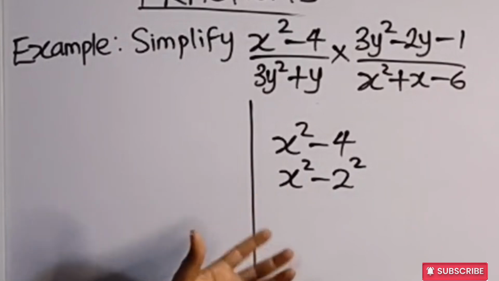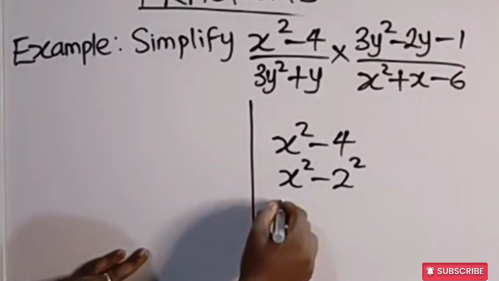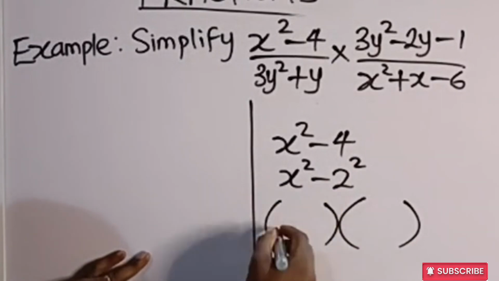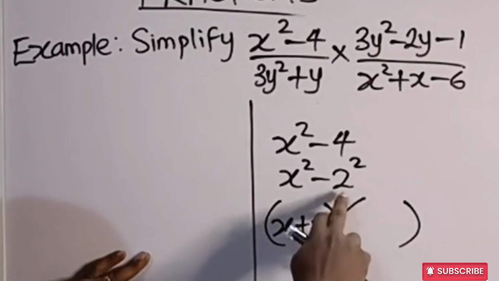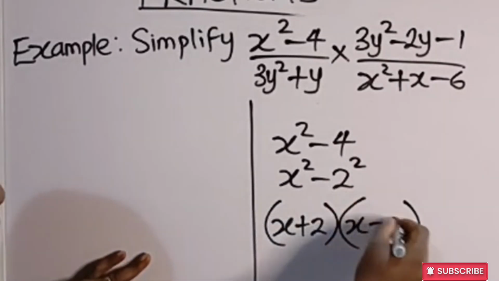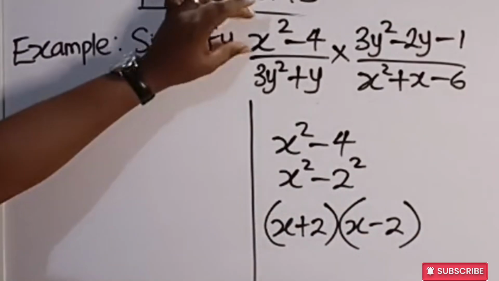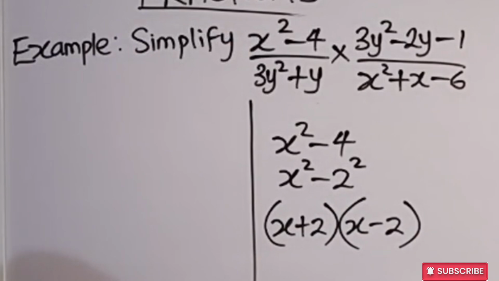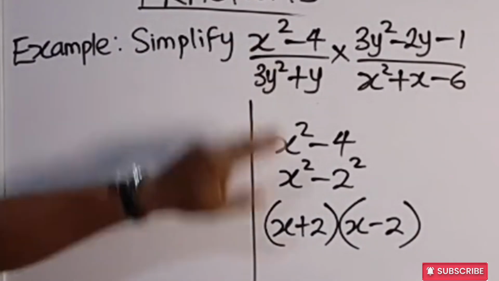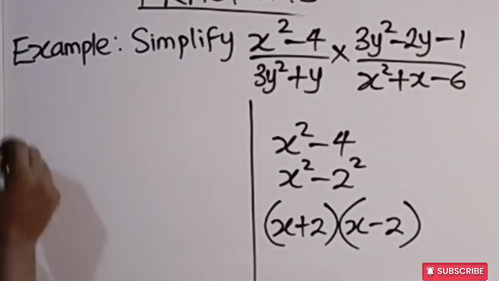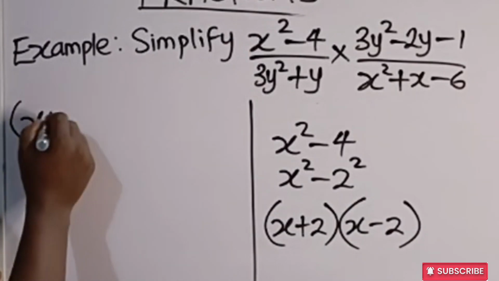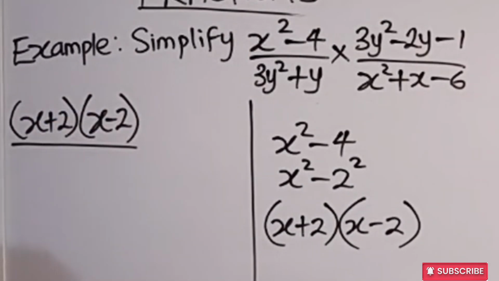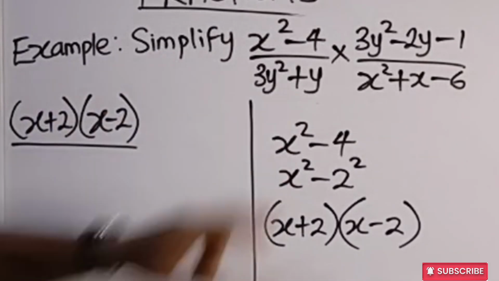Applying difference of squares, all we need to do is open 2 brackets. In one bracket, we are going to add these two values, x plus 2. In the other bracket, we are going to subtract, x minus 2. This is the same thing as this, okay? I covered this in that lesson. So factorizing this, we are simply going to replace it with this. x plus 2 into x minus 2 divided by, let's try to factorize